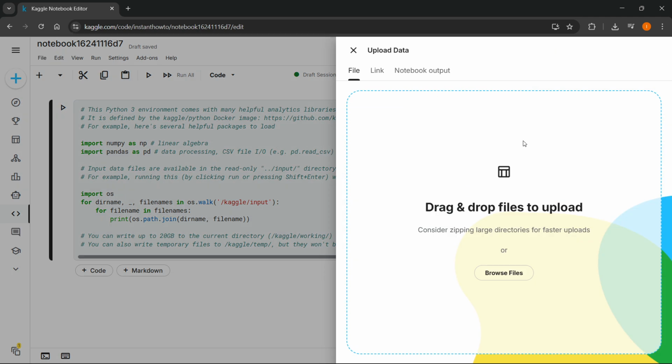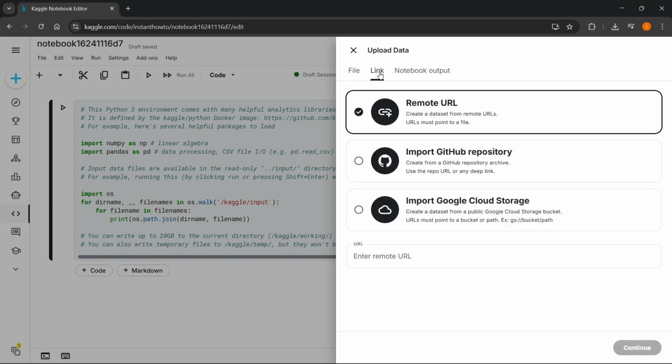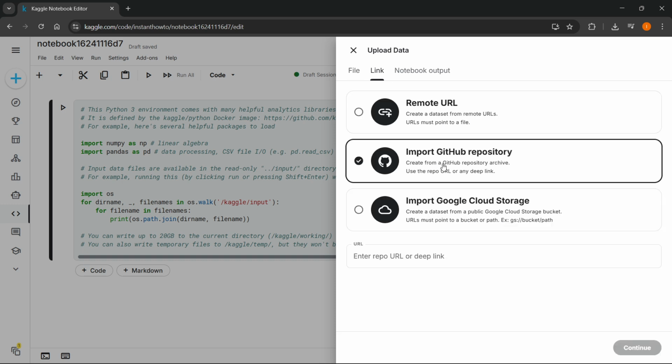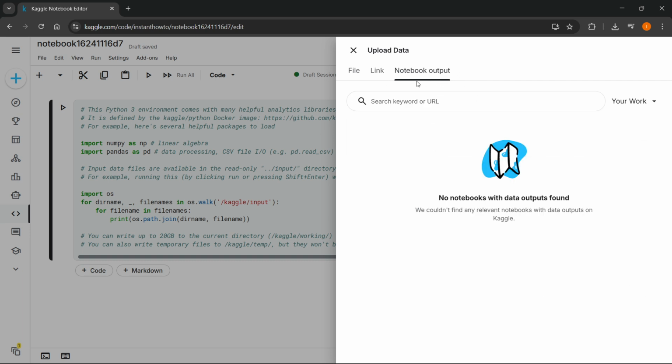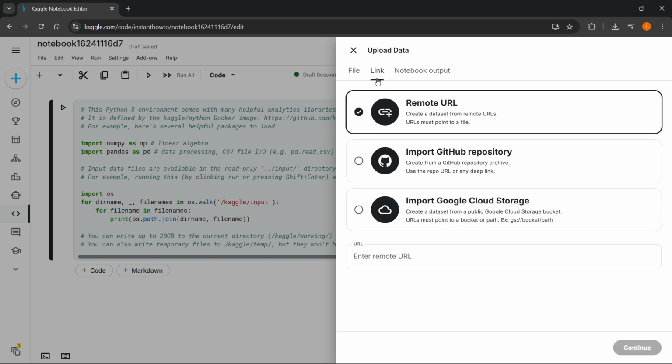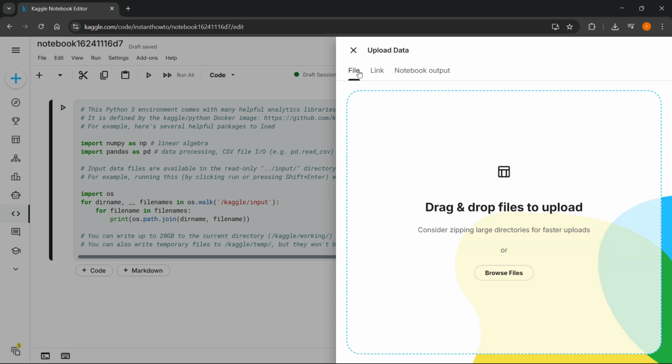Click on it, and then here you have a few options. You could either drag and drop in a file, which could be a zip file. You could go to link where you can basically put in a remote URL. You can import a GitHub repository, or you can import Google Cloud Storage. So that's completely up to you. And then of course you also have this notebook output over here, but most of the time you'll be spending here inside link